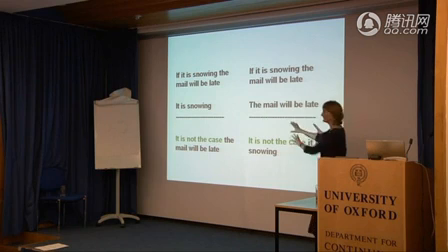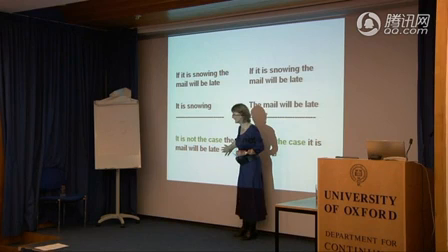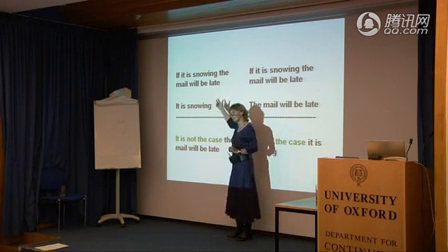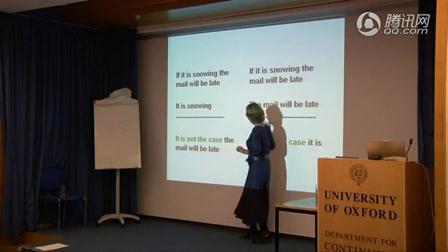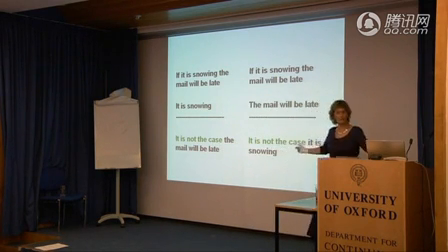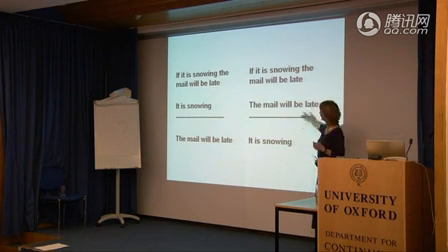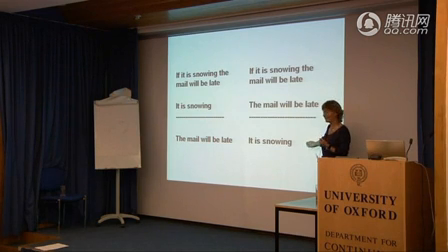Okay, this is the counter-example set, consisting of the premises plus the negation of the conclusion. Do you accept that? Are you with me on that? Now, what I'm claiming is if this is consistent, then the original argument must have been invalid. You'll agree with me that the original argument here is invalid, isn't it? Yes. Okay, so if it's snowing, the mail will be late. The mail will be late, therefore it's snowing. That's invalid, isn't it? Because there is a possible situation where the premises are true and the conclusion false.